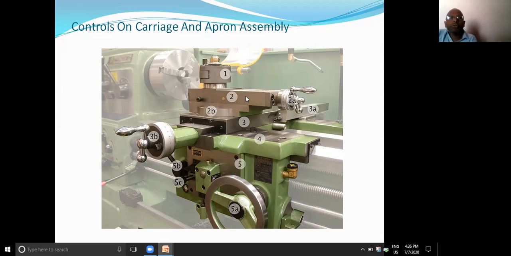And in order to move the tool post, or to move the cutting tool to an inclined position, this hand wheel is rotated. The front portion of this cross slide has degree graduations. Observe carefully: some lines are marked over it with degrees. By rotating to these graduations or markings, the cutting tool position is adjusted to the required angular position.